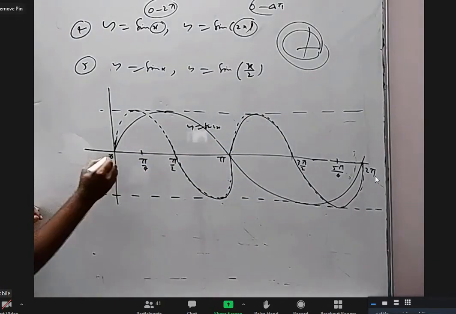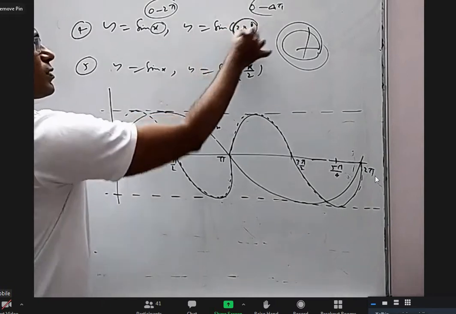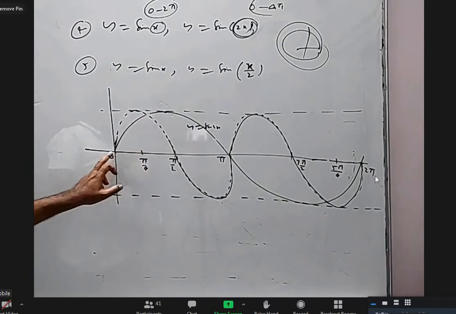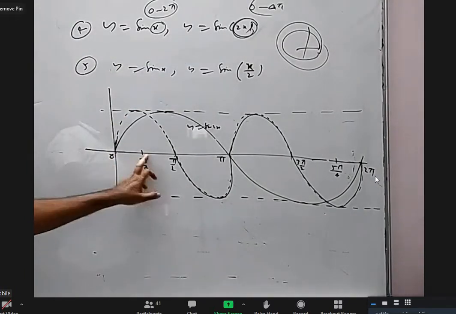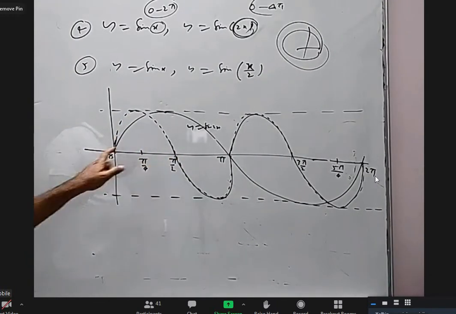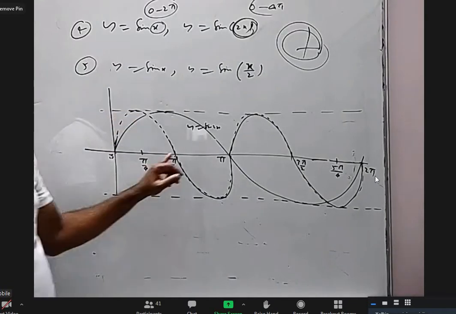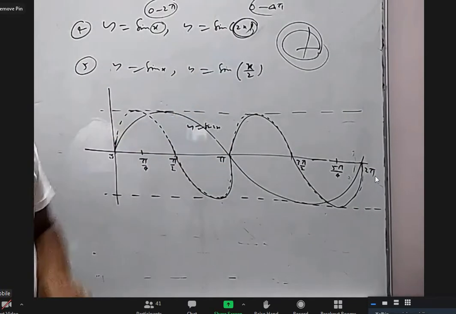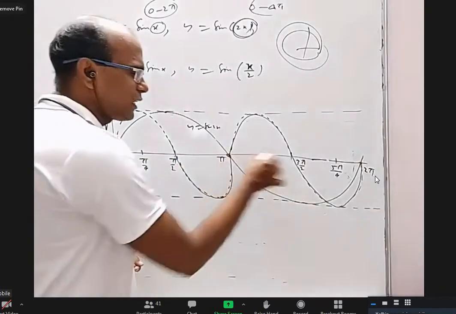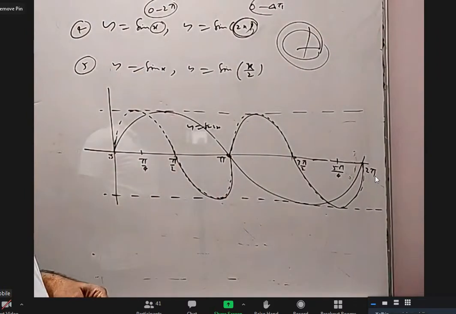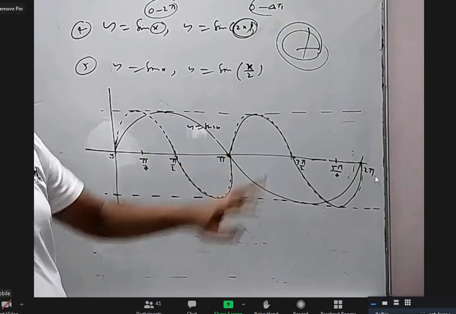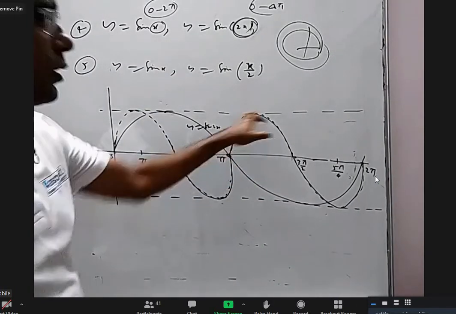You can also see, when x is between 0 to pi by 2, 2x will cover 0 to pi, both first and second quadrant. It goes to 1 and comes back. When x is between 0 to pi by 4, 2x is between 0 to 90, first quadrant. When x is between 45 to 90, 2x is between 90 to 180, second quadrant. So at pi by 4 only it attained 1. When x is between 90 to 180, 2x is between 180 to 360, which is third and fourth quadrant, that is this graph. Now for 180 to 270, when you double it, it is 360 to 540. That is again first and second quadrant. Upper loop, again lower.